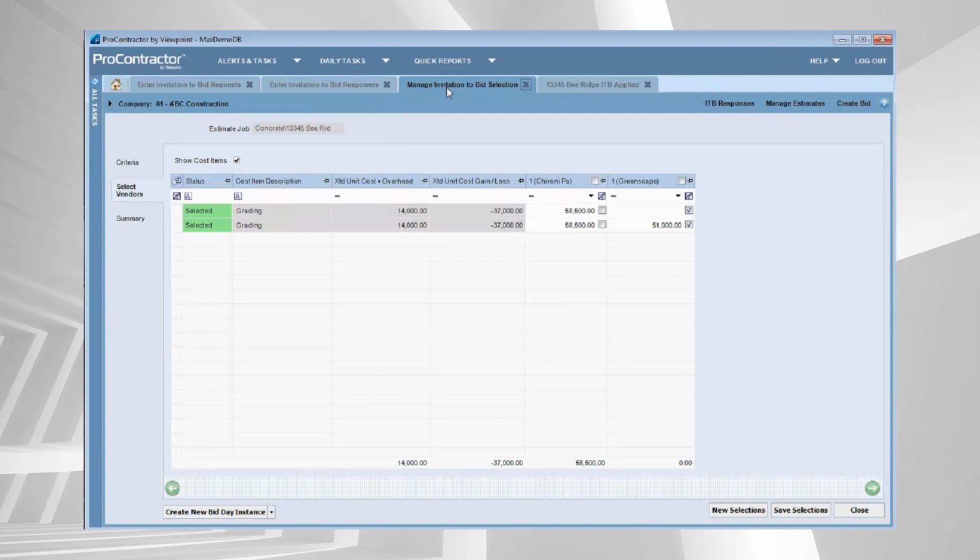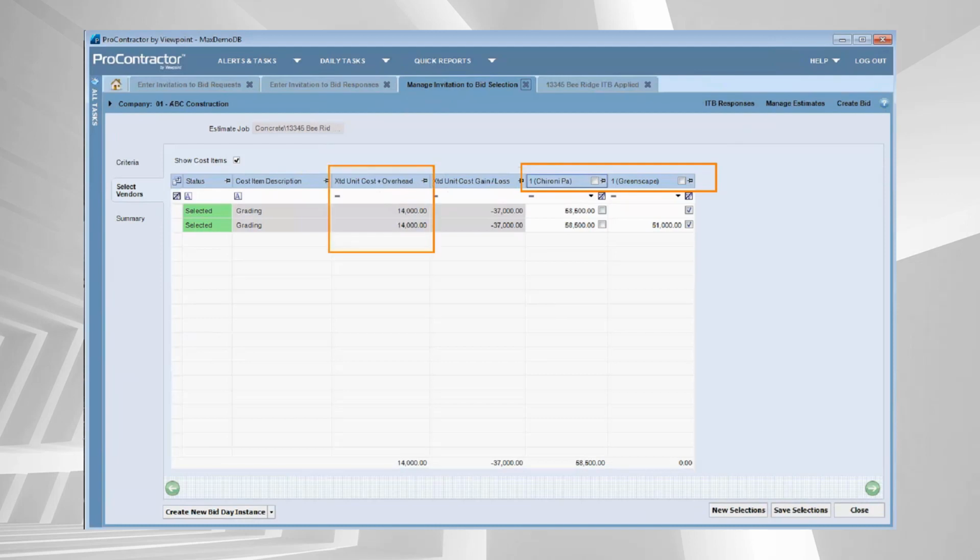From here, we're going to go in and we're going to manage these bids. Which of these bids do we want to include in our pricing? Really nice view here because I can see, of course, the items that I asked for bids on. I can see who came in here and actually responded, the pricing on each line item, but I also have visibility of what number is currently sitting in my estimate.